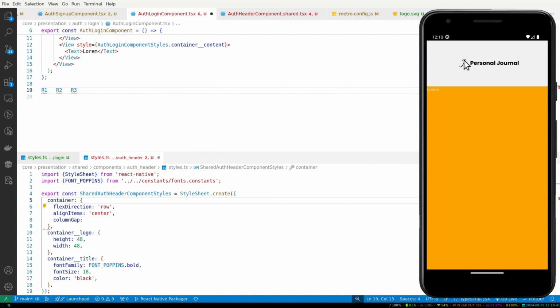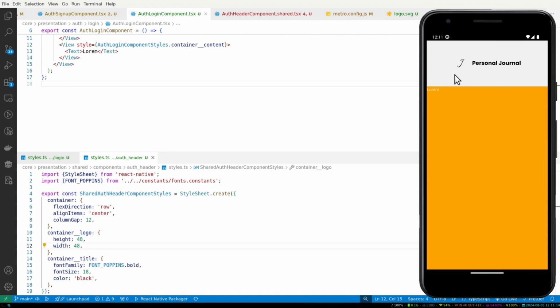We have journal, the logo itself is row 1, then we have the title as row 2, and in between these two rows there is a column gap. So think of this as a column gap, and that is the thing that you are going to add. So a column gap maybe of 12, you see, it pushes the content far away from one another based on that column gap. So I believe that is clear, and I believe we have finished the header part of